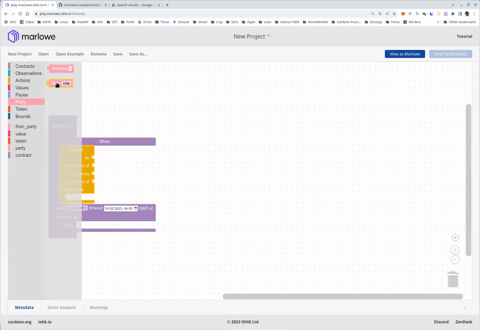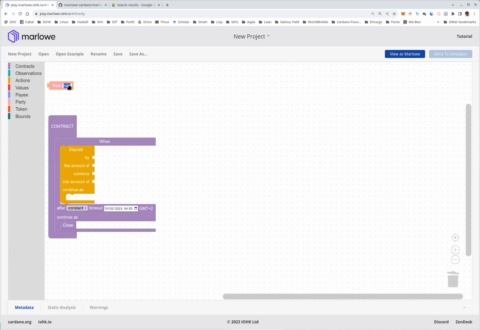Alternatively, there's this role option, and this is much nicer for the simulator because I can freely choose an arbitrary string here, for example, Alice. If you actually run that for real, as we will probably see on Thursday, this is done with a so-called NFT. I don't want to go into too much detail, but NFTs, non-fungible tokens, are like coins or tokens on the blockchain that only exist once. They can be used for all sorts of things. People use them for artwork, for example. But for Marlowe, they are used to identify